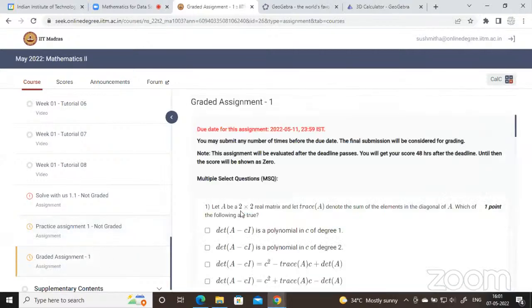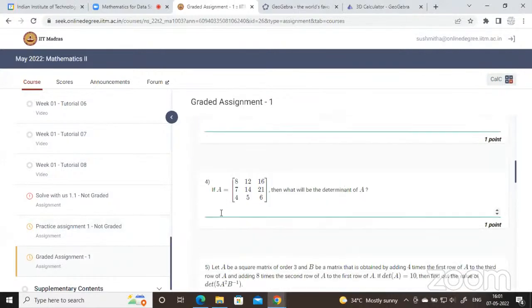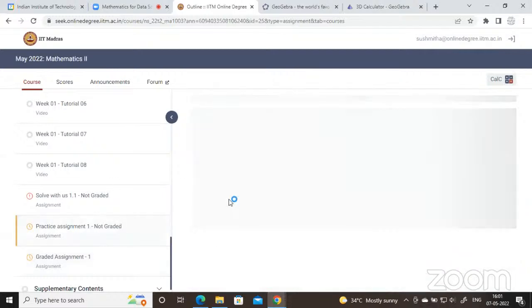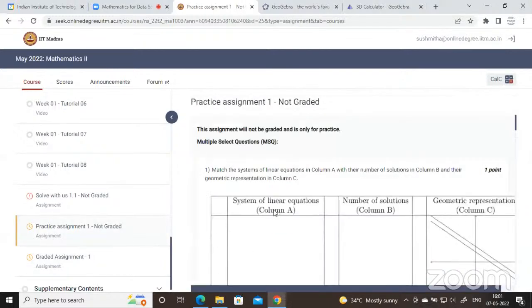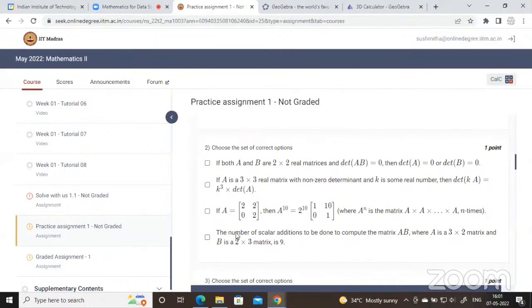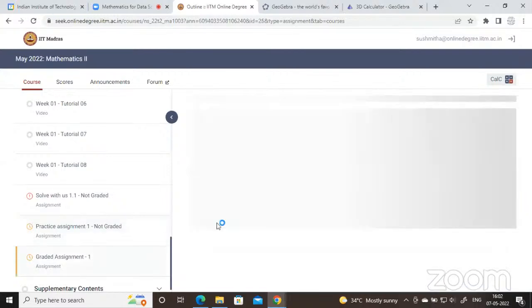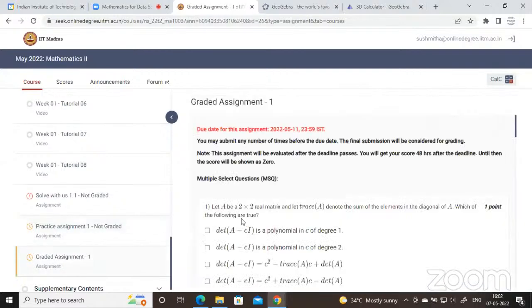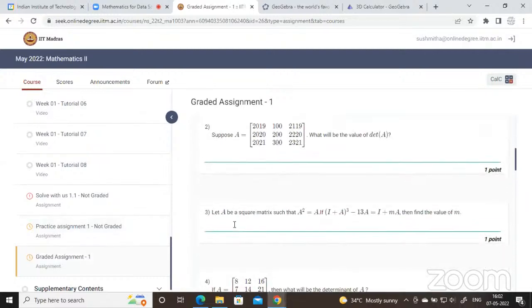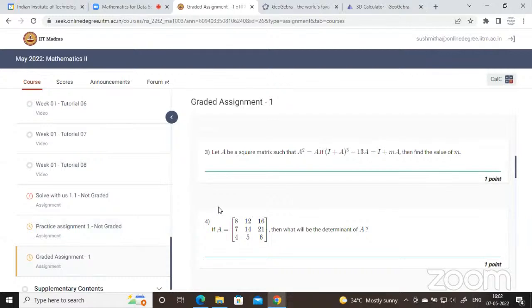Okay, let me find it in the practice assignment. 1 second. It was there in graded, third number was like that only. Can you tell me the question? No, the question type will be the same. Yes, type is same, similar type to this one. Like I am simplifying. So you cannot assume A is some matrix. This is a question which is asked for all matrices such that A squared is equal to A.